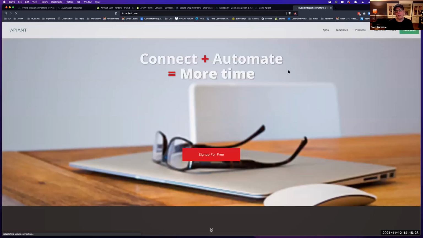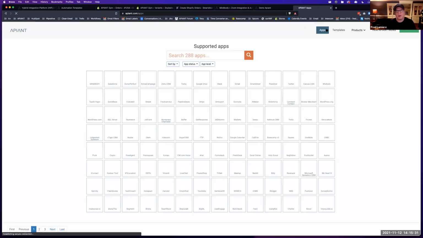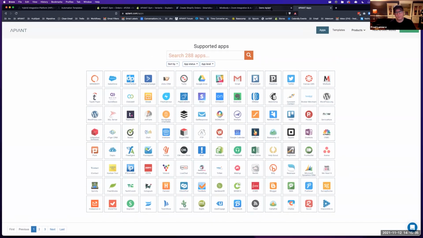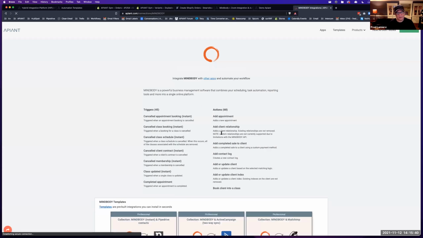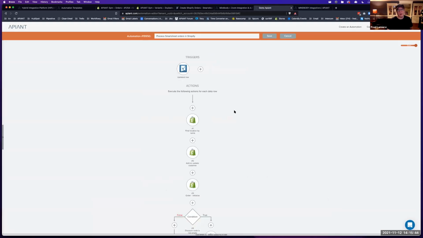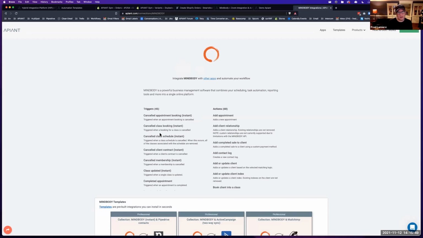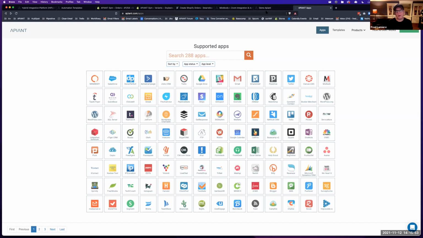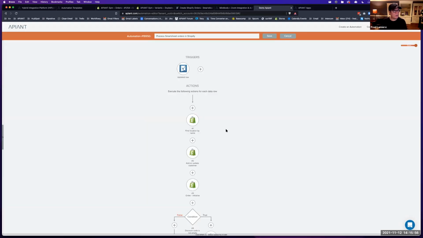So if you go to Apient, and then you click on apps, you can see all the apps we've already built triggers and actions for, okay? And then for each app, you can see how many triggers and how many actions we have. So for MindBody, we have 45 triggers and 68 actions, okay? So what you're talking about here, Travis, is how do you become one of those logos, right? How do you have your own logo up here? So first, let me show you how those things are built,